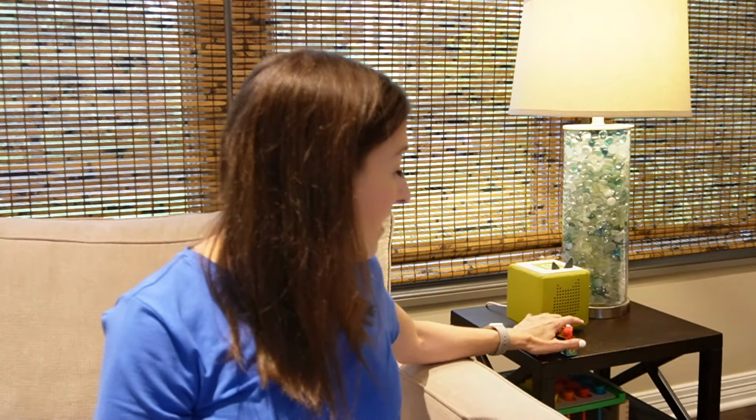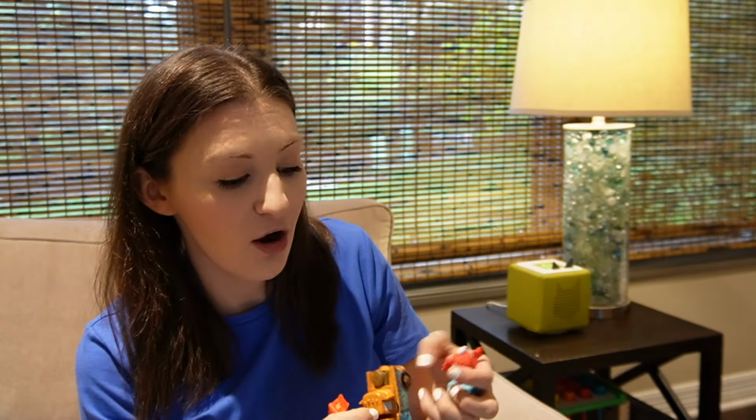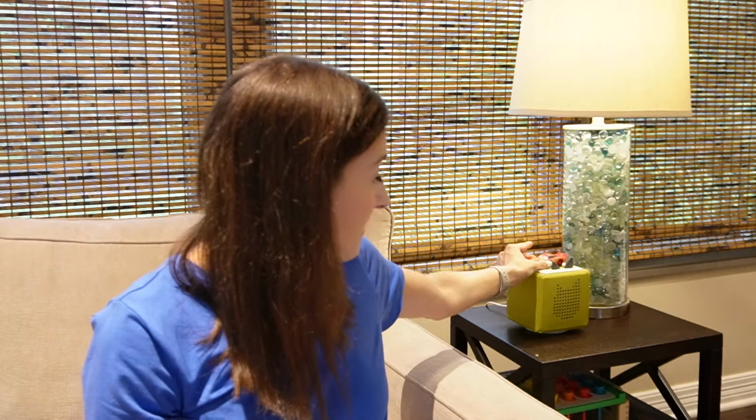We got some of his favorite characters. We have even more than I have here right now, but he has Lightning McQueen and Mater from his favorite movie Cars. We also have Elmo, and when you put them on, they tell stories and audiobooks or sing songs. So here's Lightning McQueen,